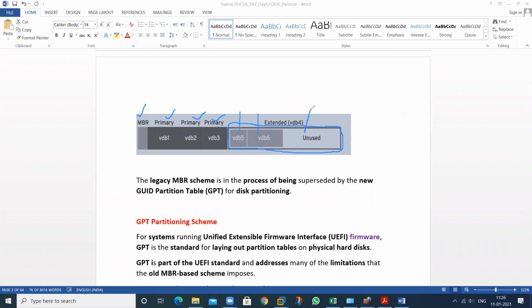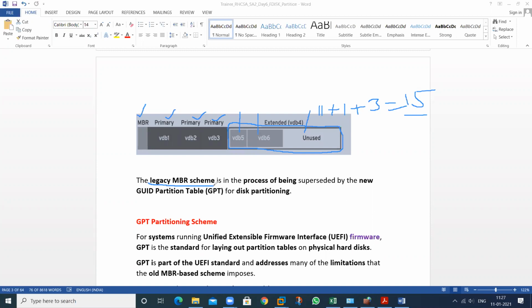So how many can we create in this? 11 logical drives. So these are 11 plus 1 extended plus 3, equal to 15 partitions. Only MBR supports this. So this is called the legacy MBR scheme.